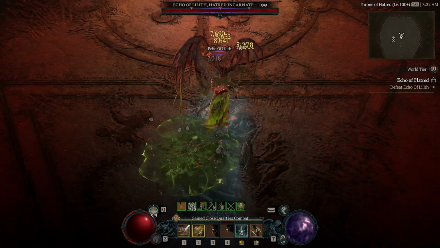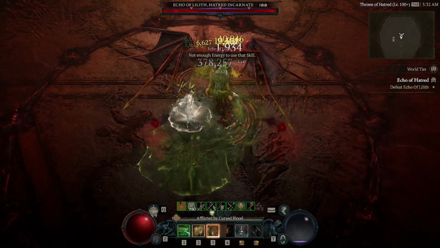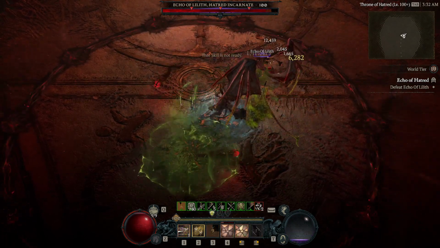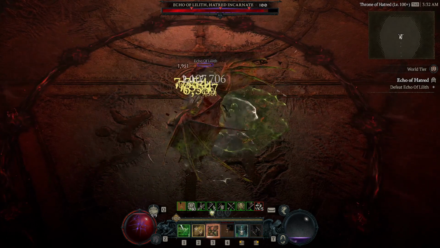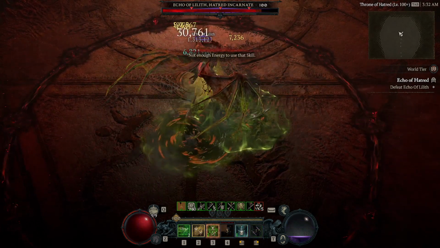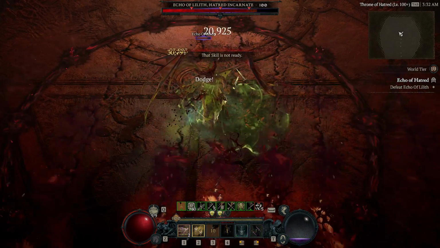A few days ago, I put out a video on how to kill Uber Lilith in patch 1.1.1 as a rogue after they fixed the bursting venoms aspect. Now, that video got a lot of comments, and in fact, one of the comments on the video inspired me to try out a different variation that might end up being a little bit easier for some people,